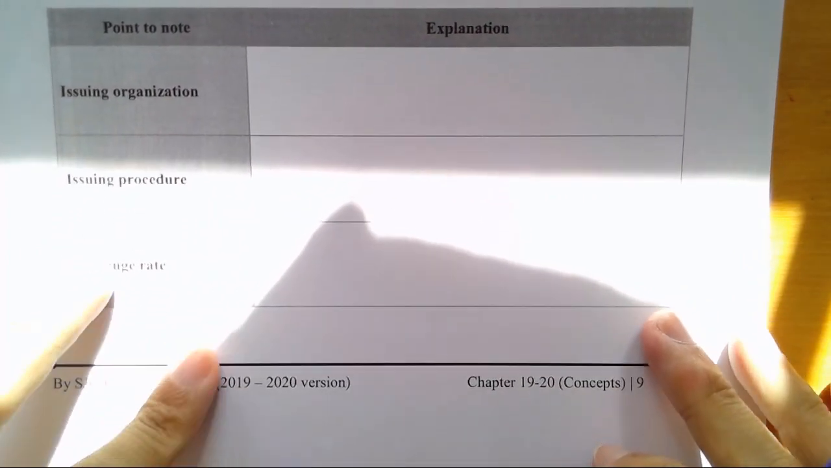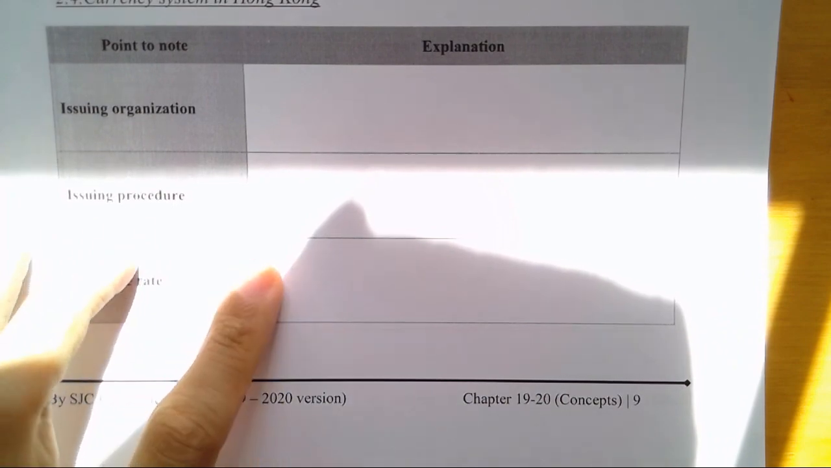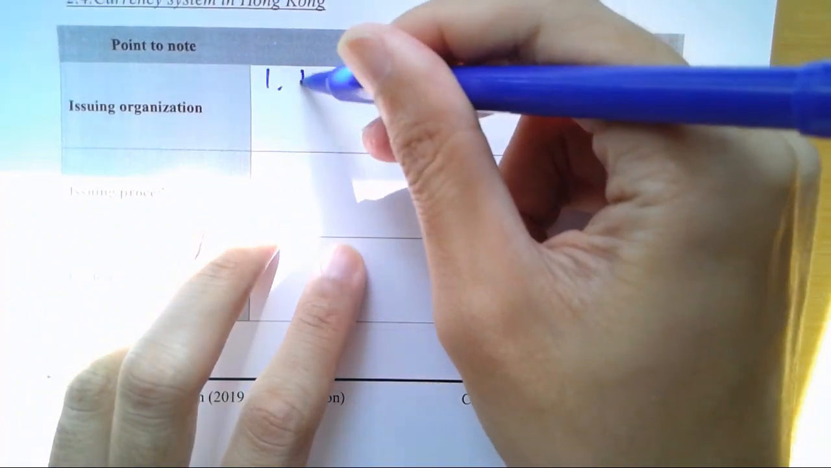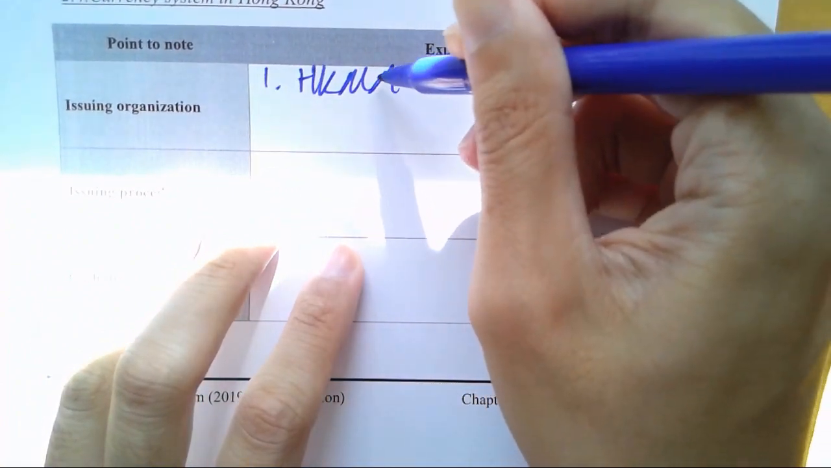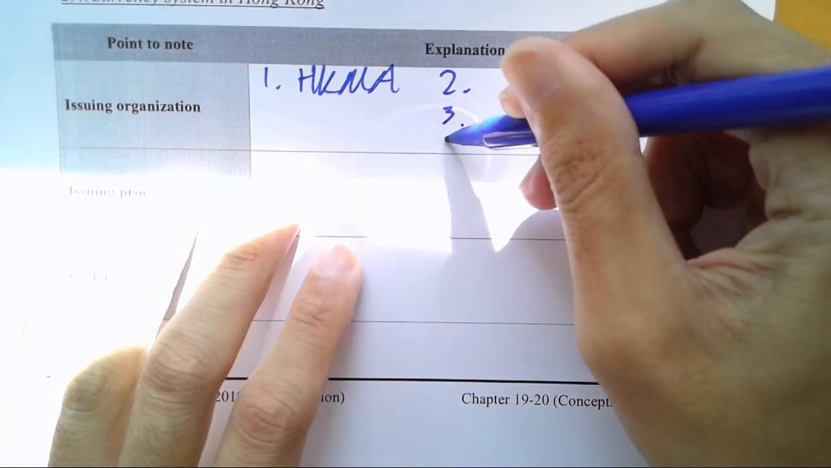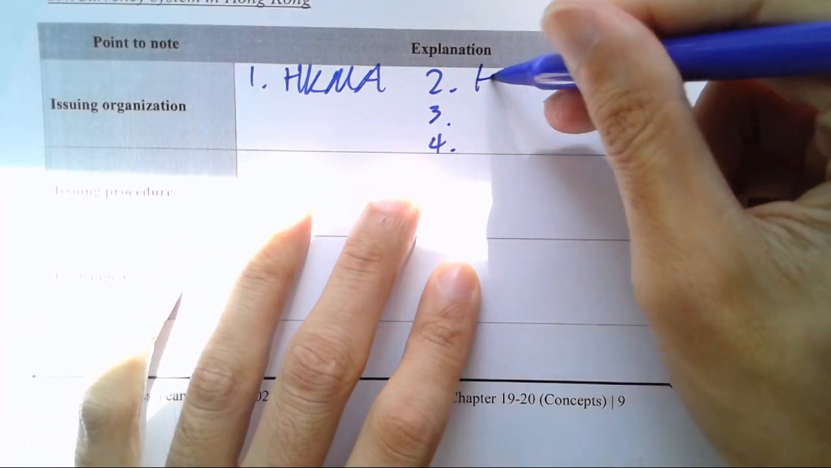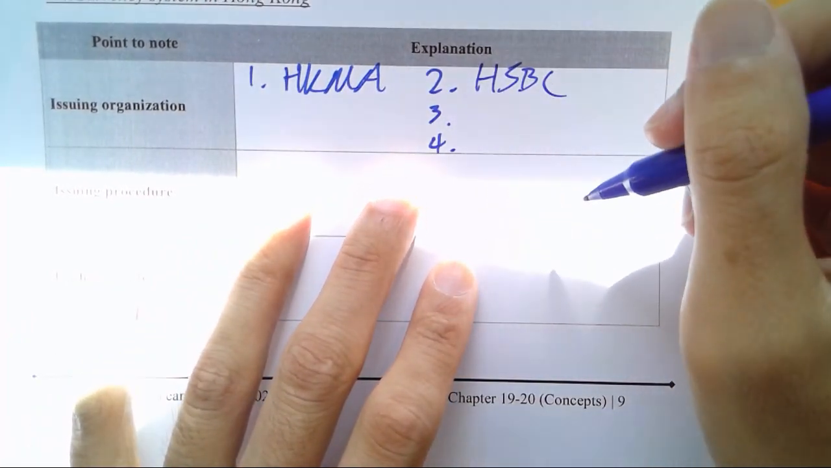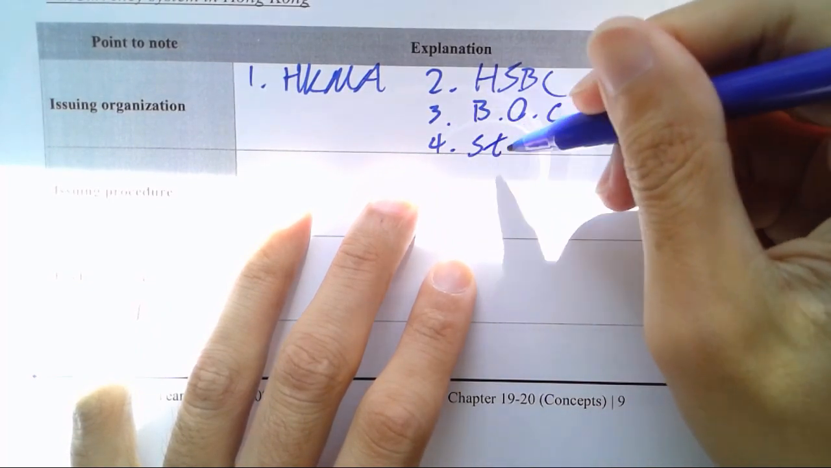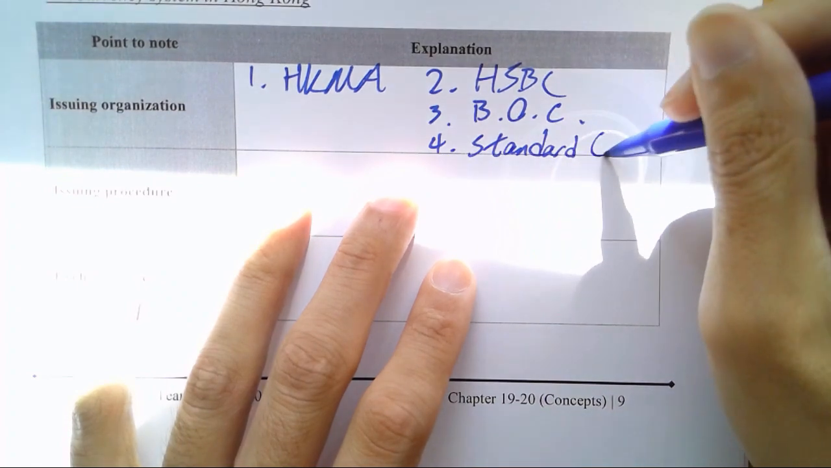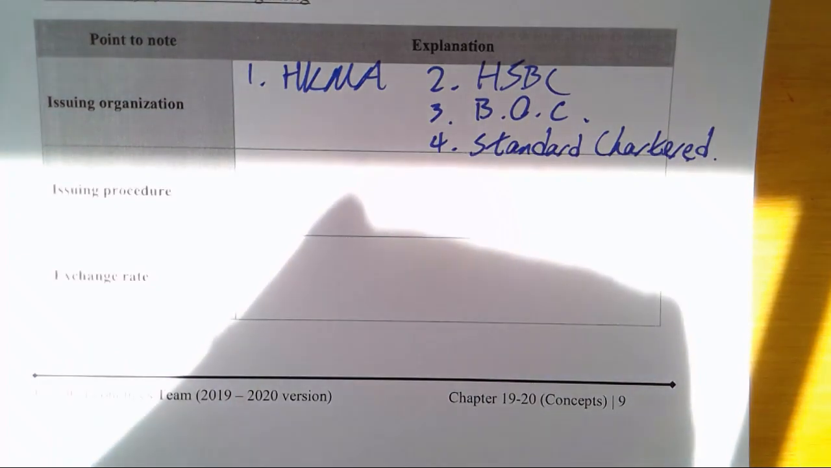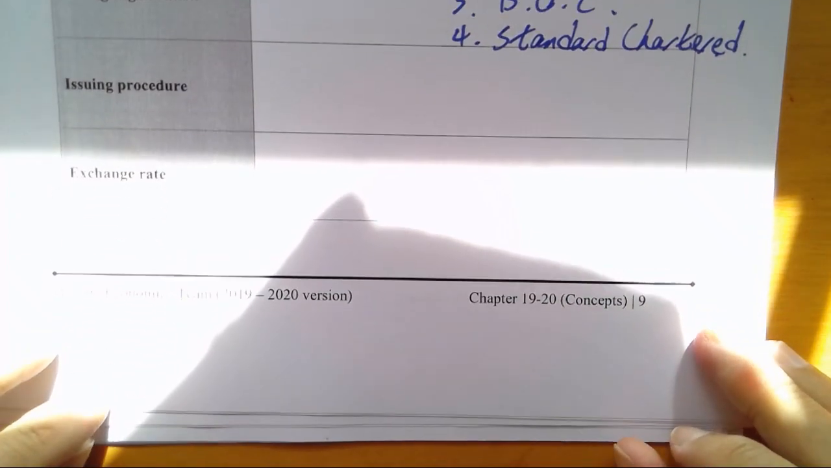Now, what about the currency system in Hong Kong? Okay, first of all, in Hong Kong, there are 4 legal tender issuing organizations. Okay, first one, of course, our Hong Kong Monetary Authority. Okay, now second, third, and fourth, we have 3 banks you need to know. First, HSBC. Second, Bank of China. And third will be our Standard Chartered. 呢3間係發鈔銀行嚟㗎，得唔得？Standard Chartered。OK，得唔得？